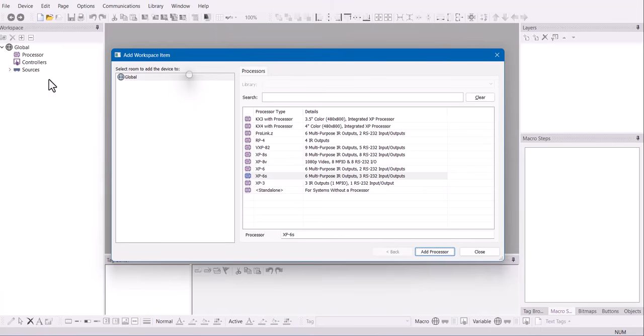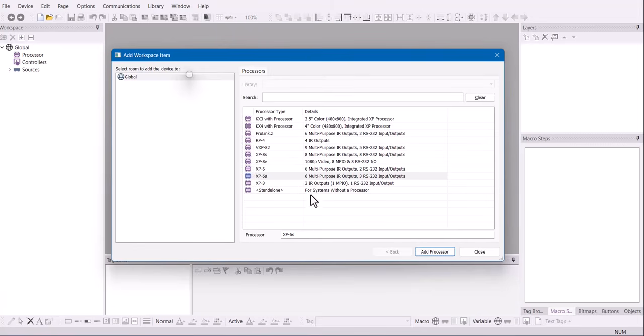Now, our first order of business is to satisfy the Add Workspace item. I want you to think of the Add Workspace item as the aisles in the shopping cart. And as you navigate through the different aisles, you add items to your shopping cart, or the workspace. Our first order of business using the Add Workspace item, which is more like a wizard, is to add a